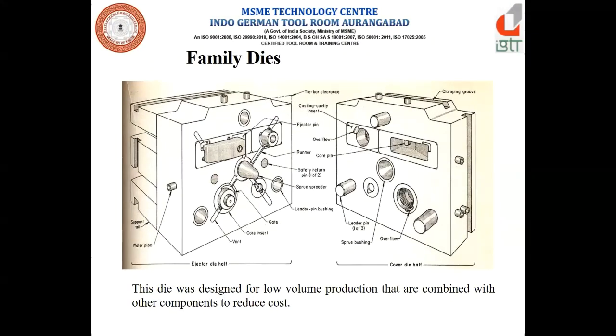Next are family dies. When two or more different types of castings are produced in the same die, we call it a family die. Generally, family dies are used when small parts are produced along with some other large part, in the space available between, and to balance the die structure also. This is the advantage we get from the available space, as additional parts can be produced in the same die.